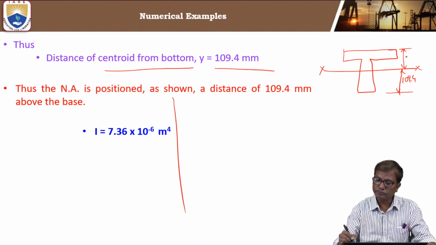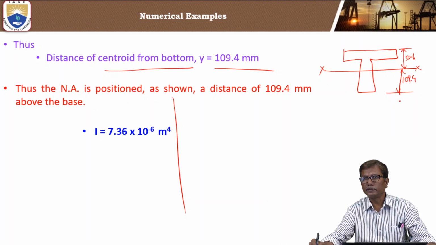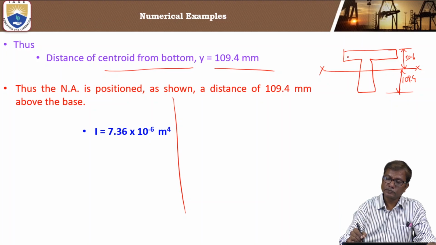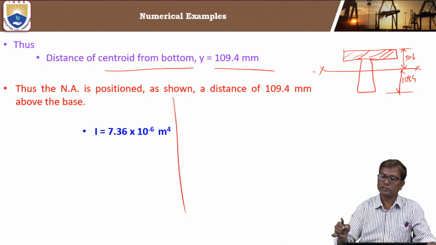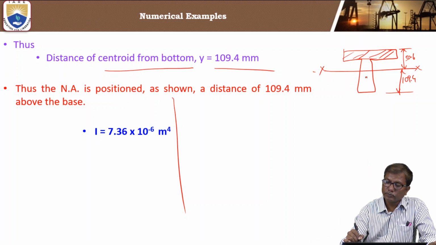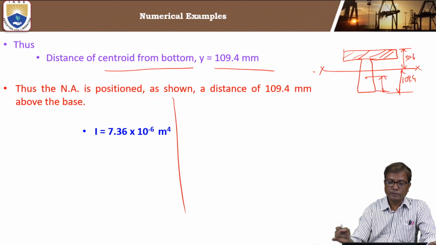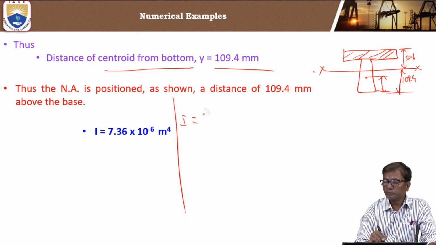From top it is 50.6, total depth being 150. Now how to find the moment of inertia of this about the x-axis, the centroidal axis? For that we will be using parallel axis theorem. That means I is equal to I1